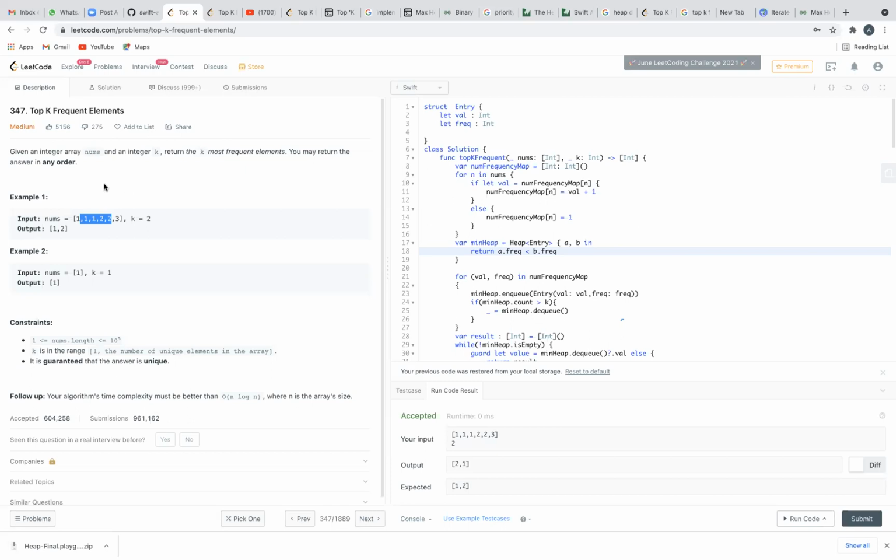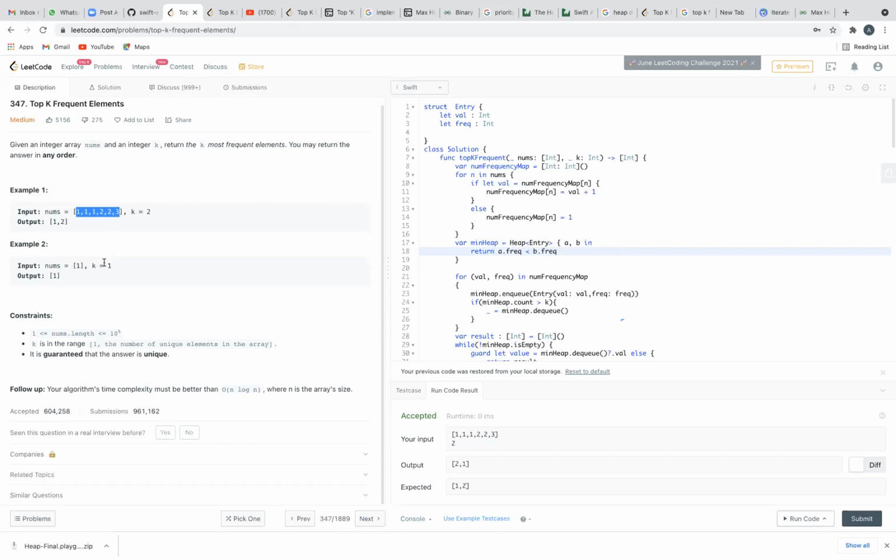Is the problem statement clear or not? Basically it states that given an array nums and an integer k, return the k most frequent elements. Whichever occur most in this particular array, we have to return the k most frequent elements among them. Many elements could be there, but we have to return the k elements which are repeating with maximum frequency. Is the problem statement clear or is it still doubtful? Yes, Abhishek, it is clear. Okay.